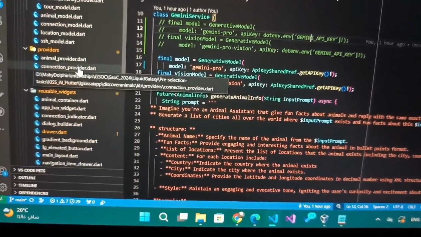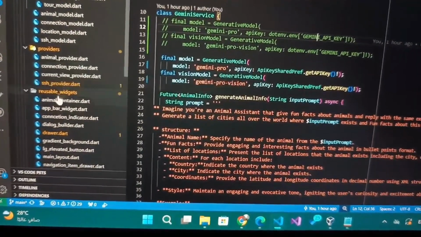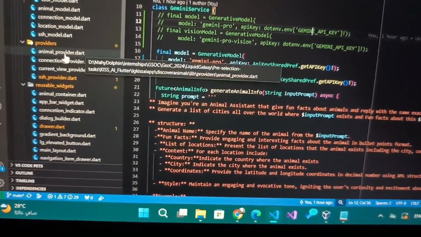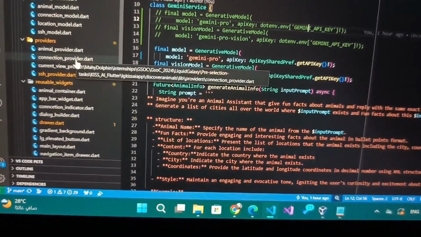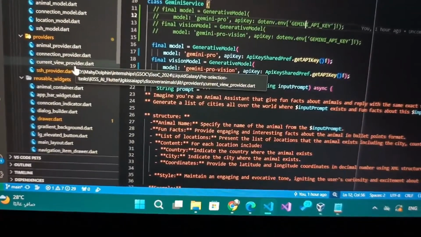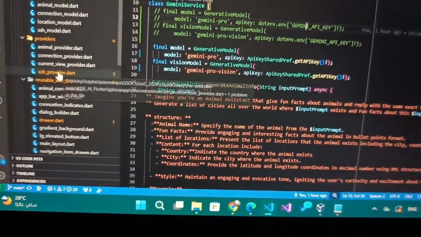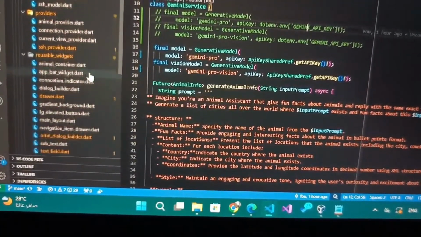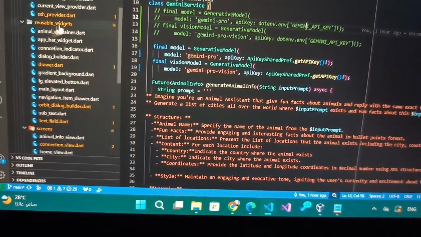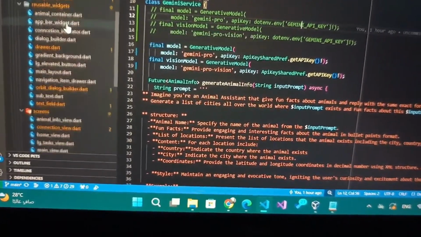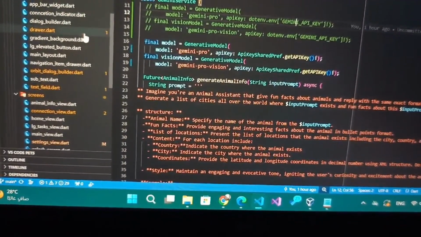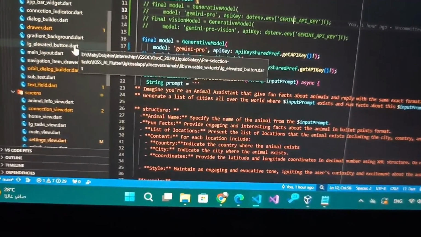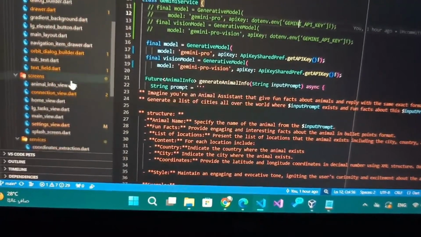We also have the providers. We have the animal provider to know which animal we choose, and we have the connection provider, current view provider for the UI, and we have the SSH provider. And these are the reusable widgets I used through the app, like the app bar, the data builder, the drawer, the LG elevated button, and so on.